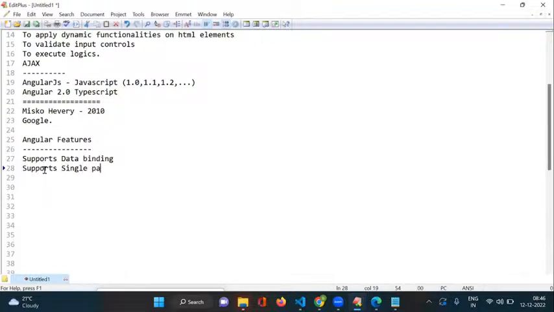it supports single page applications. A very big advantage of Angular is the single page application concept. This is one of the main features, and we can also call it the routing concept. Around one week, minimum 7 sessions, we are spending on this routing concept. From this point of view, we are discussing authentication, authorization, login, logout, these types of mechanisms,